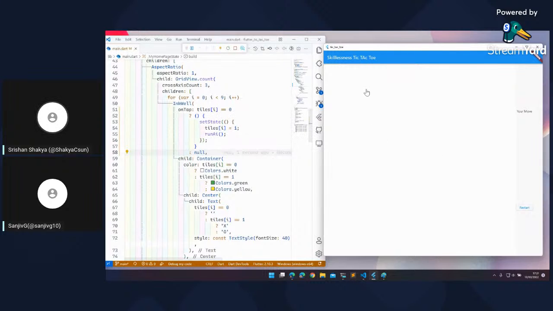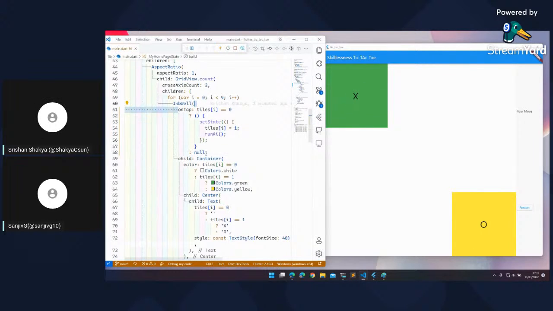So once we do that, we can click this. Yes, we can click this, but since these two are not 0, this is 1, this is 2, we can no longer click on this because the onTap handler of this inkwell is now null.